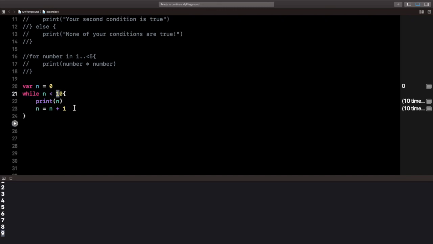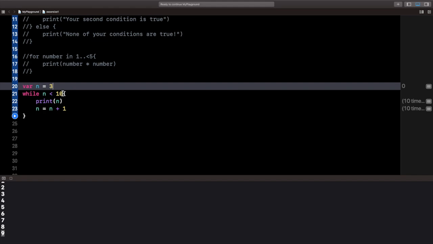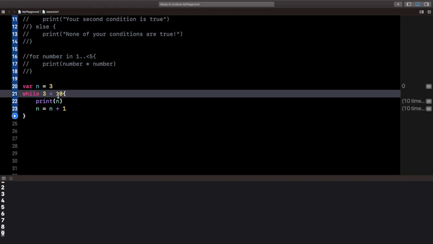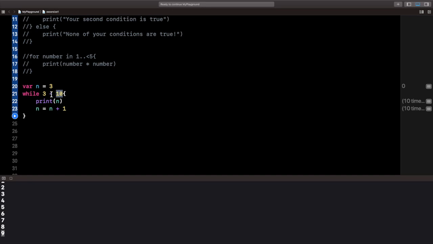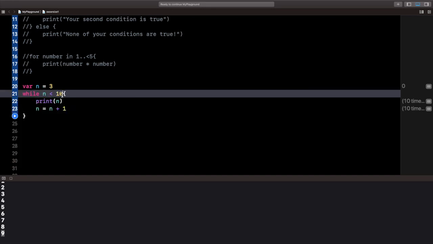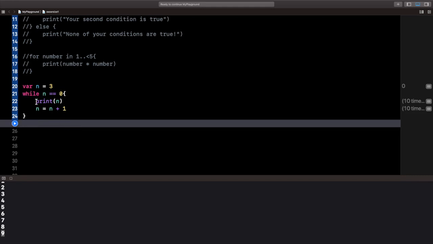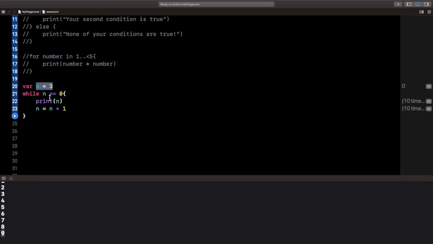Now imagine how many things you can use this for. For example, let's say we're creating a hangman game, and if you haven't seen that yet, check out my Python list where I create a hangman game. And let's say you want your user to have 3 lives, for example. So all I did here is say n is equal to 3, and as long as n is not equal to 0,